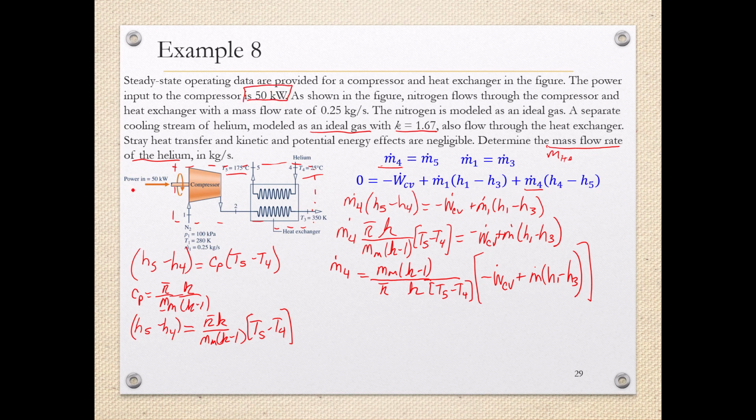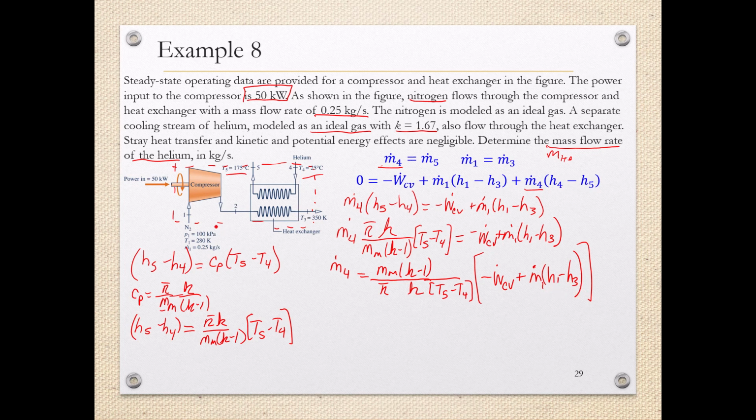This is going to be minus 50 kilowatts. Mass, and I was very negligent here. Mass of our nitrogen is given in the problem, so I have m1. And so I need h1 and